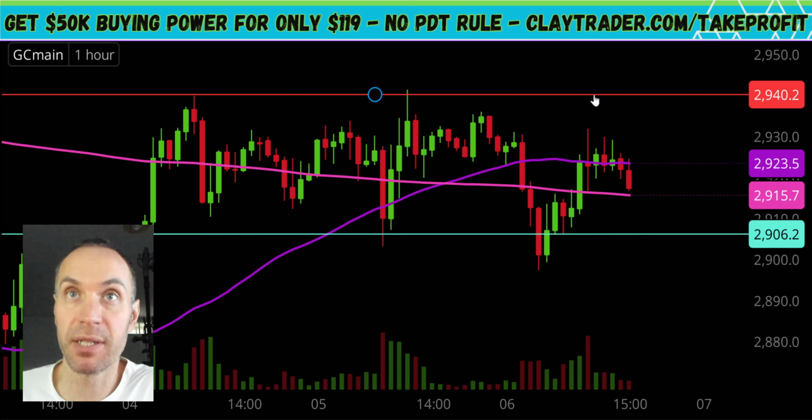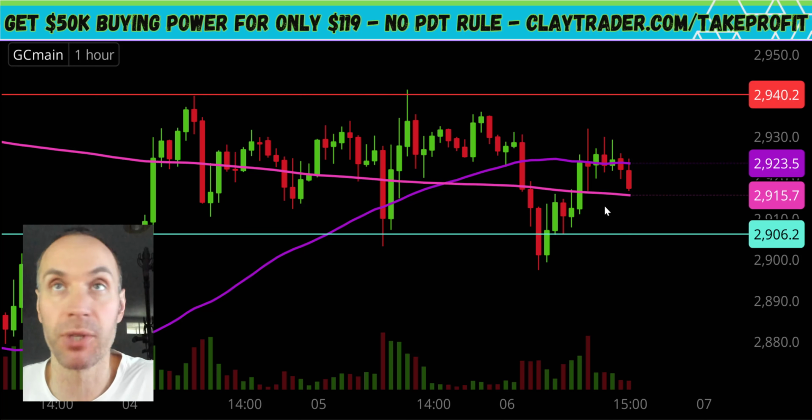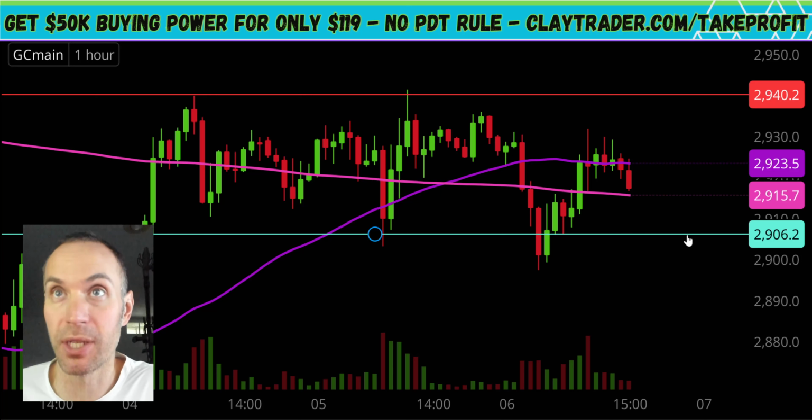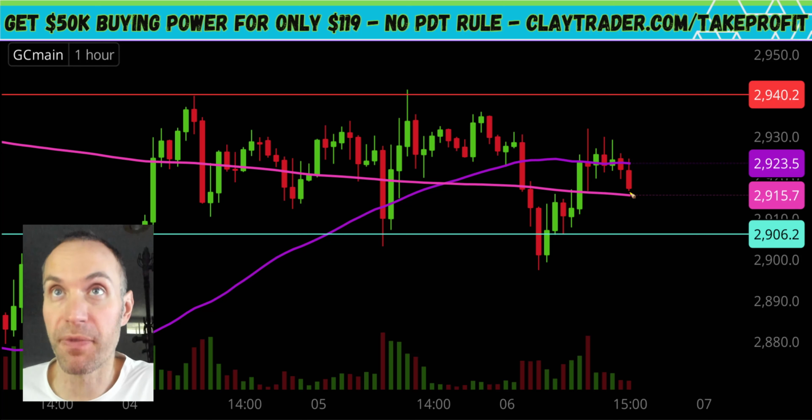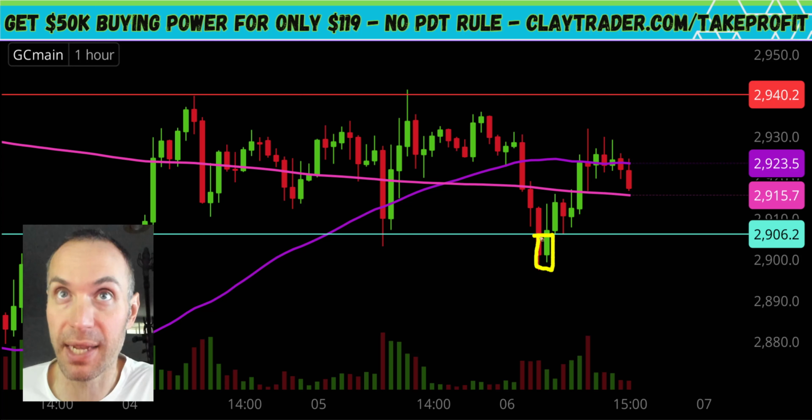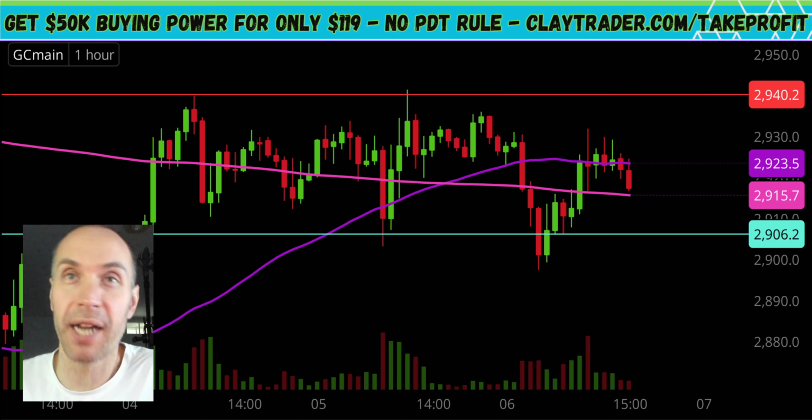But all things considered, and with the dust now settled, the price is essentially still right in between the sideways channel. So I would still contest that 29.06 is that key area of support. If the price comes down there, I would not call you crazy to think maybe you'd want to get short, but you also want to keep in mind that the last time it did that, it was a pretty cruel move. Doesn't mean another cruel move will happen, but it's something that you would want to factor into any sort of